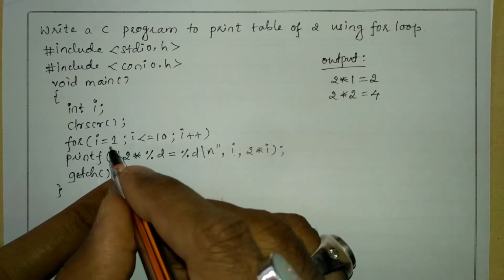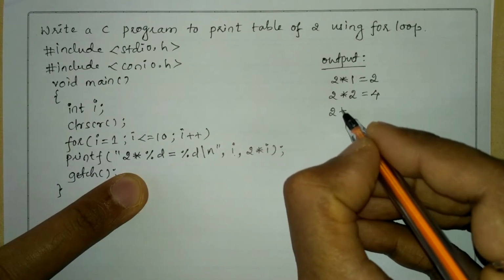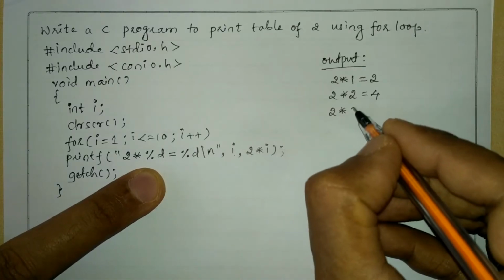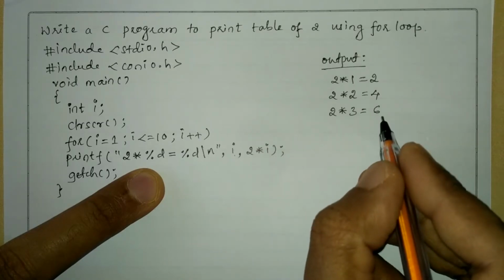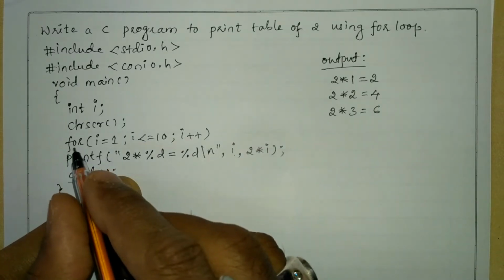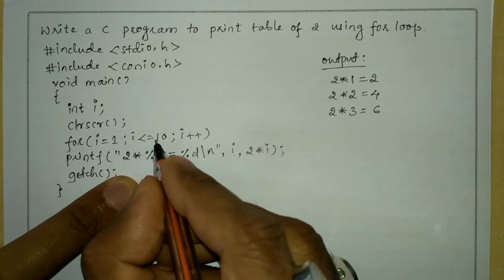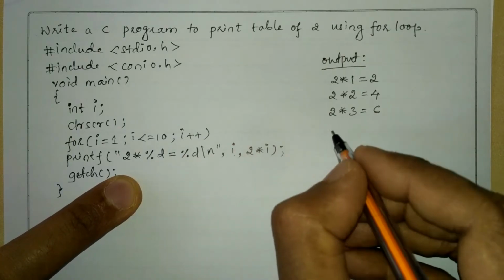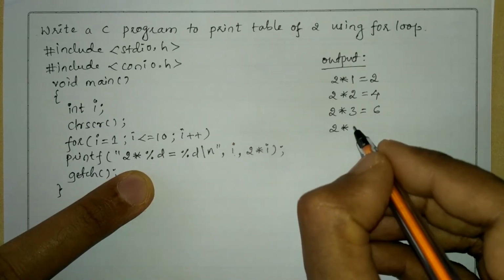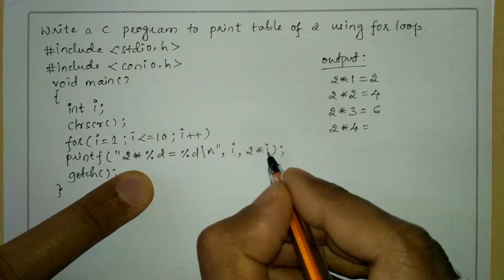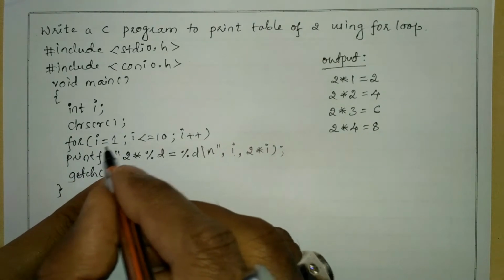Now i value will become 3. So 3 is less than or equal to 10. Condition is true. Once again this particular statement 2 into will be printed. i value is 3. 2 3s are 6. That is 2 * i, value is 3. That is 6 will be printed. Again control transfers to for loop by incrementing the value of i by 1. Now i value is 4. 4 is less than or equal to 10. Condition is true. Once again this particular statement will be executed. So I'll write 2 into 4 is equal to 2 * i, value is 4. 2 4s are 8. Again control transfers to for loop by incrementing the value of i by 1.